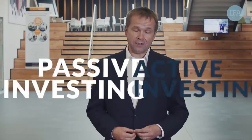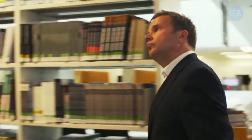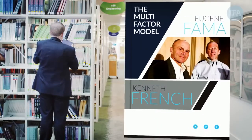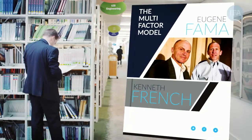It's called factor investing. Sometimes referred to as smart, strategic or alternative beta, factor investing is based on the Multifactor Model developed by two American academics, the Nobel Laureate Eugene Fama and his colleague Kenneth French. The Multifactor Model took the equity returns of stocks and carved them up into slices, basically looking at the size of the companies and a value growth metric. And so by dividing up the market into these slices and looking at the returns of these different slices, academics, and primarily Fama and French,